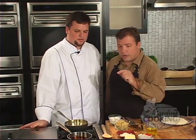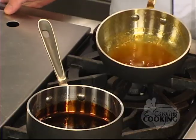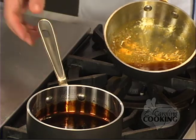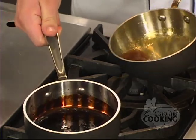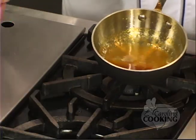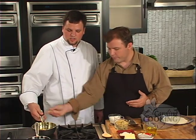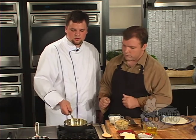Now during the break, we were finishing up our sauces. We had them bubbling like mad, and now they are very thick here. We have a reduction of balsamic vinegar, which is down to about a syrup. And then we also have our reduction of Grand Marnier and orange juice. Now we're going to finish off the Beurre Grand Marnier